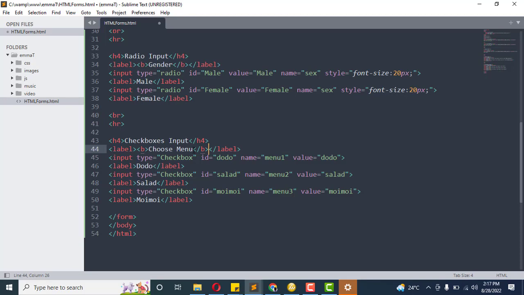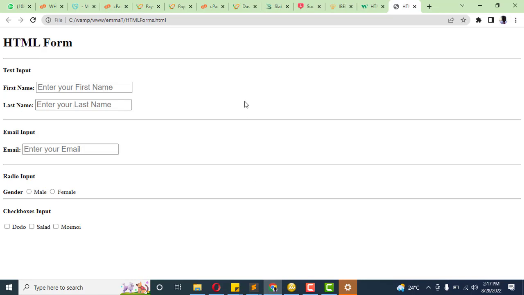I save, and then if I come here, you can see users can actually pick Dodo and Moi moi, or they say no, I want Dodo and salad, or they say no, I want salad and Moi moi. So far we have looked at 4 HTML inputs. Now let me pause and then